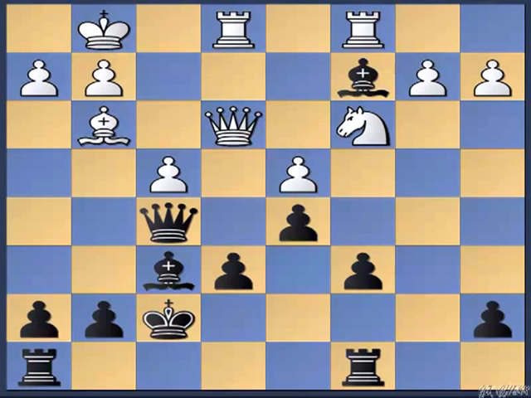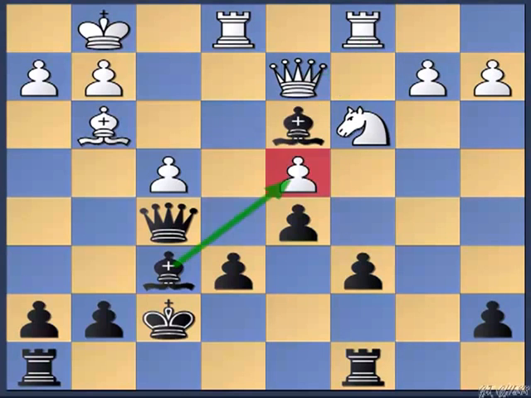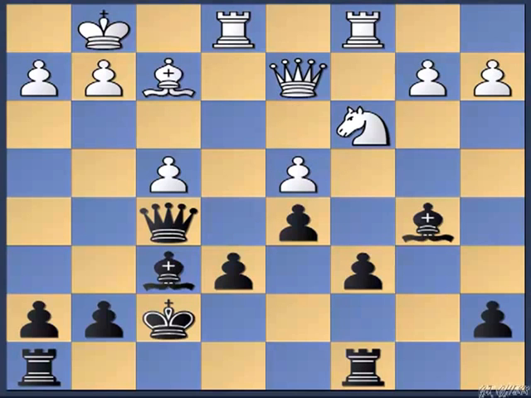So my opponent responded with the move queen to e2 attacking the bishop, but after very simple bishop to d3, my threat is bishop takes d5. So my opponent parried with bishop to f2. After that I played bishop to b5,